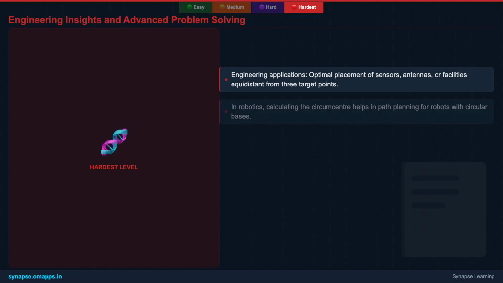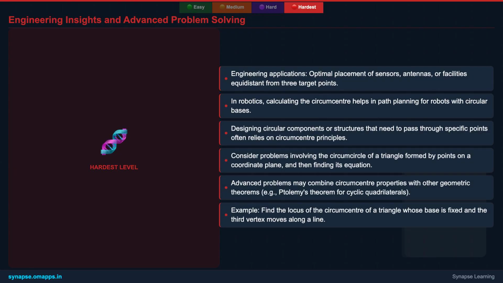The principles of circumcenter and circumradius have tangible engineering and scientific applications. Imagine needing to place a sensor, an antenna, or even a public facility that needs to be perfectly equidistant from three specific points. The circumcenter provides that optimal location. In robotics, understanding circumcenters can aid in path planning for robots, especially those with circular bases, ensuring smooth movement around obstacles. These geometric insights are also crucial in designing circular components in mechanical engineering that must align with specific connection